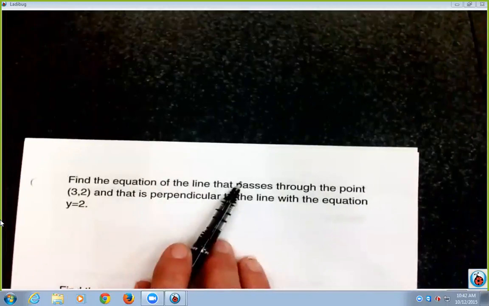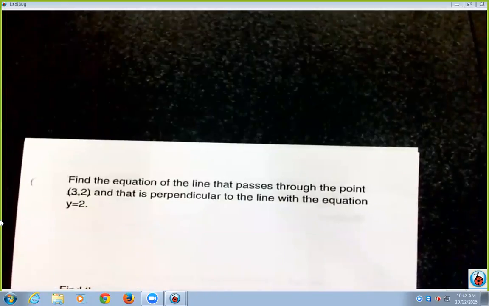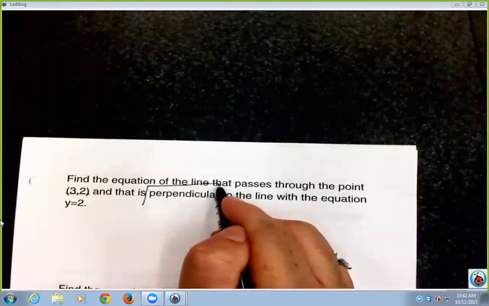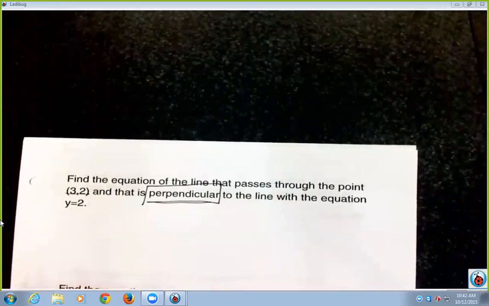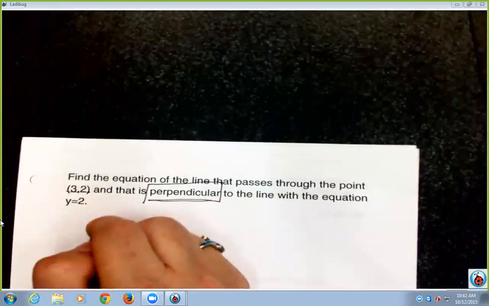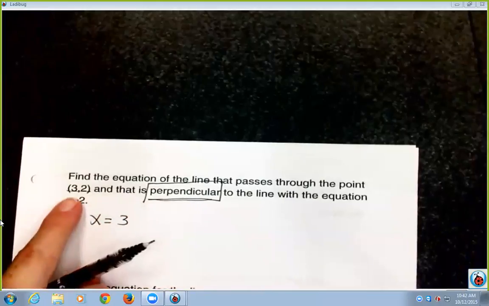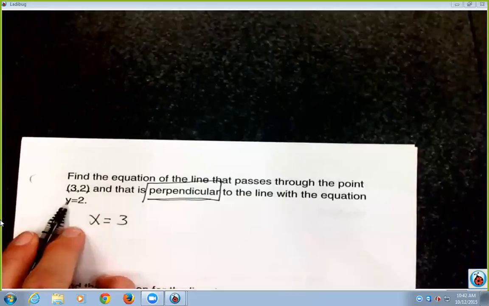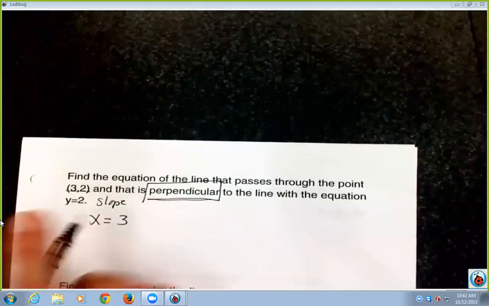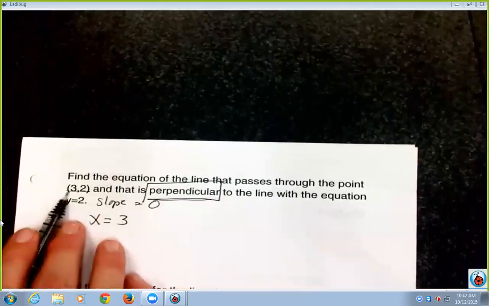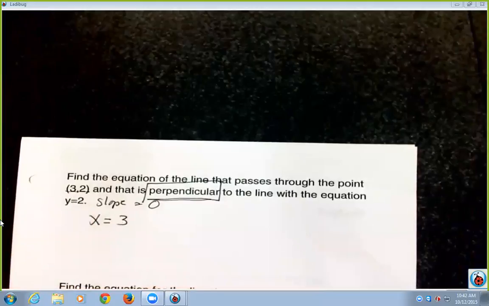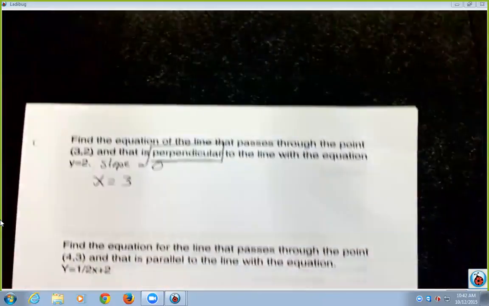Find the equation of the line that passes through the point 3, -2, or 3, 2. It is perpendicular to the line with the equation of y equals 2. Yep, it's going to just be plain x equals 3, because when you look at this slope from that line, it's 0. So the slope's going to be undefined, which means I'm going to have a line going straight through at whatever x is in my point. So I get x equals 3. No work involved with that one. As long as I know those little key things, I didn't have to do much. The next one